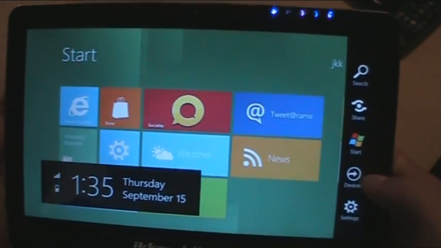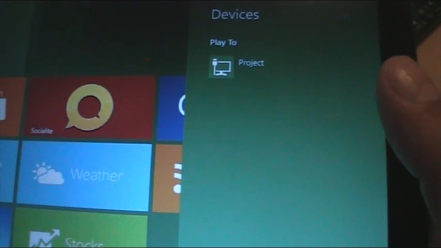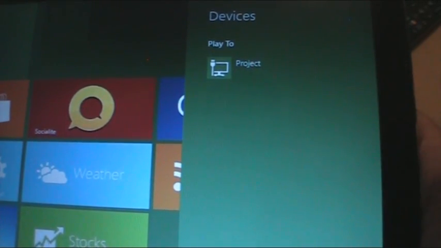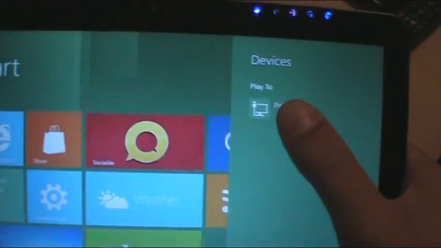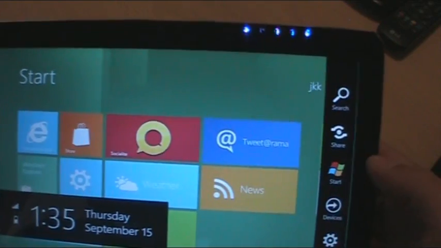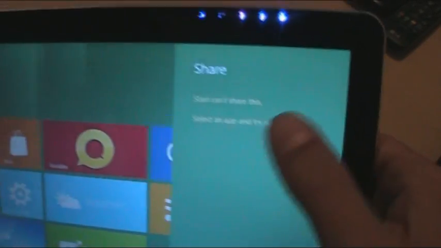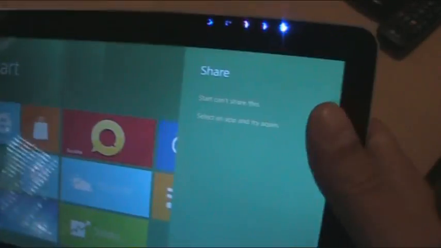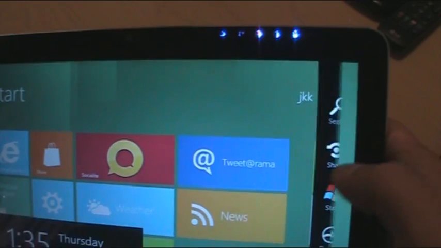So next thing is devices. So I guess that's for like printers and Play To devices. So if you have a connected TV, you could play videos on the TV and choose that from here. Here's the projector plug here. And then you can share stuff. Well, you can't share the start screen, but you can first launch an app and then share stuff with that,